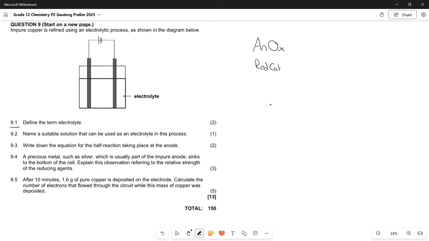By that, the anode undergoes oxidation. Oxidation is the loss of electrons, okay? And reduction happens at the cathode. Reduction is the gain of electrons, which means that if we're gaining electrons, we're going to be more negatively charged because we have more negative atoms. And if we are losing electrons, we're going to be more positively charged because we are losing more negative atoms. Okay, all of this is exactly the same as a galvanic cell. The only difference is that in a galvanic cell, our anode is negative, but in an electrolytic cell, it is positive